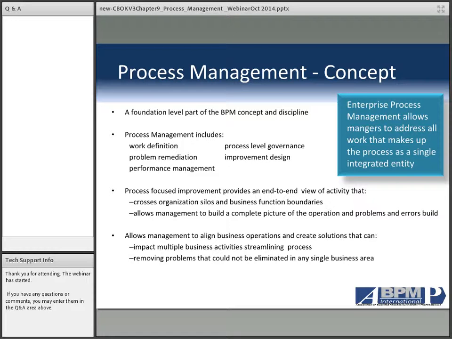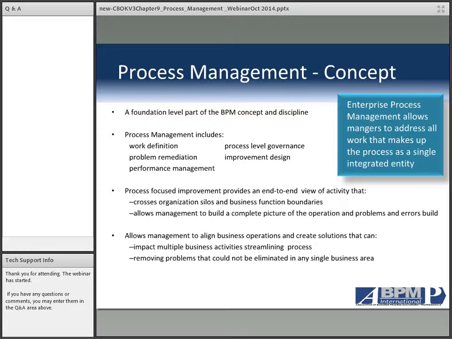Now, the concept of process management itself isn't new, but it's something that is still somewhat rare. And it's somewhat rare because in order to move to a process management approach, you're creating a matrix, and you're putting that matrix on top of the normal organization structure. And whether you want to call it parallel to it, on top of it, or whatever terms you want to use, it's a structure that's in addition to the typical structure.